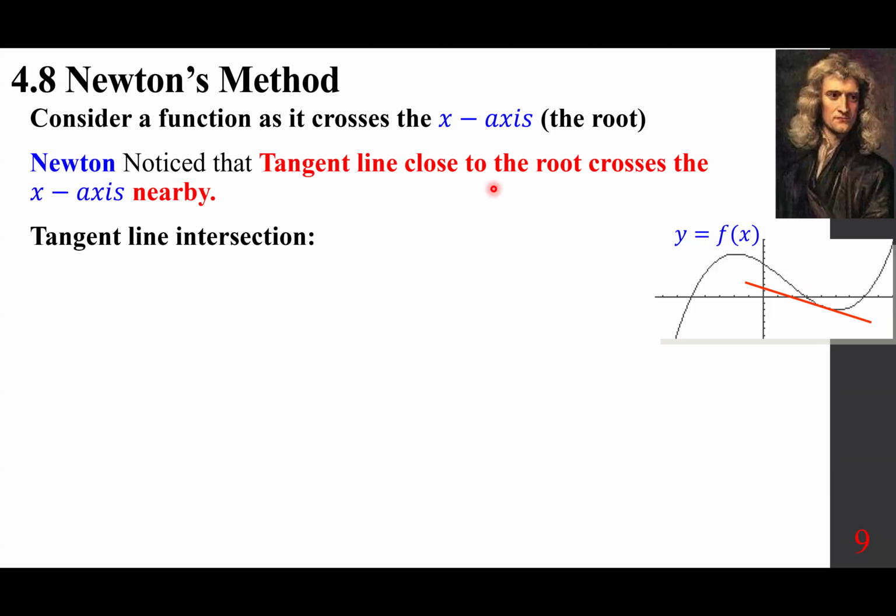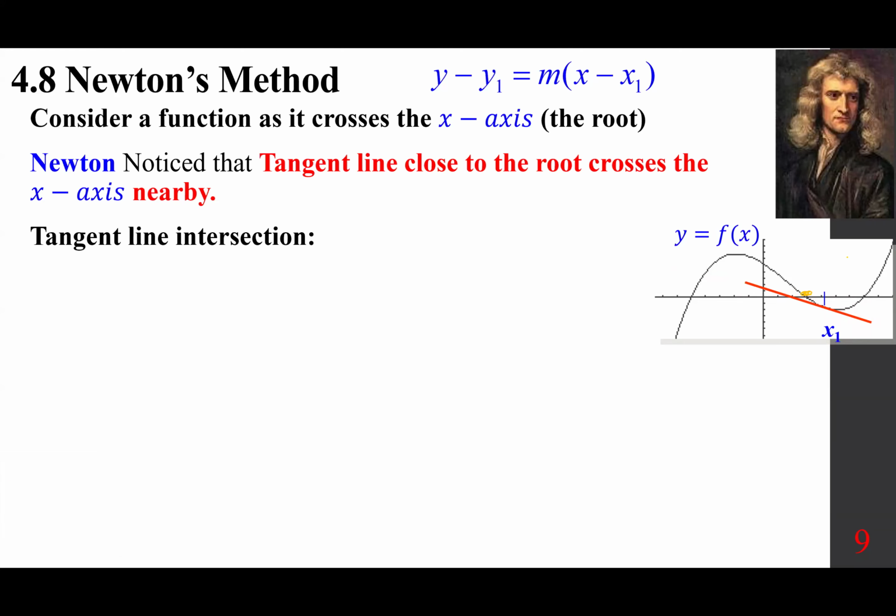Newton noticed that a tangent line close to the root crosses the x-axis nearby. We know this is the equation of a tangent line: y minus y1 equals m times x minus x sub 1. So for example, somewhere here, x sub 1, if we draw a tangent line, clearly the tangent line,